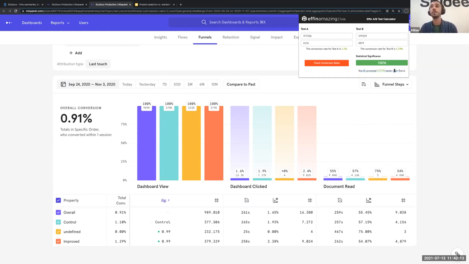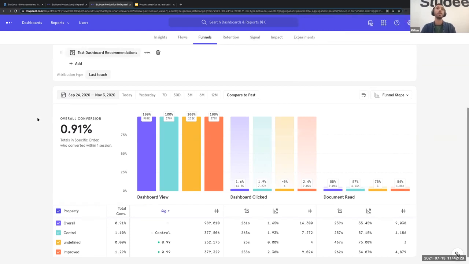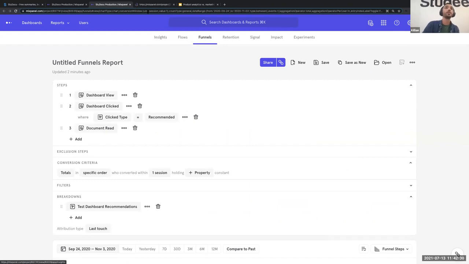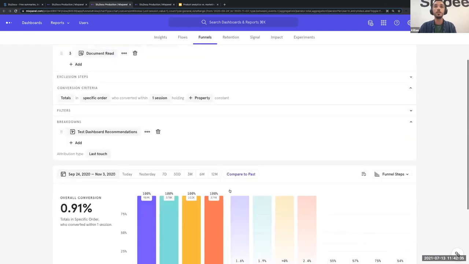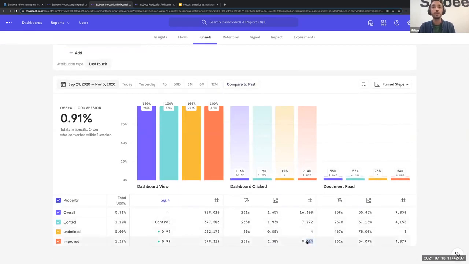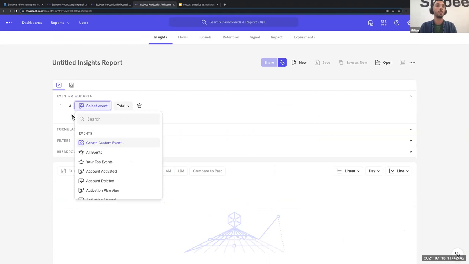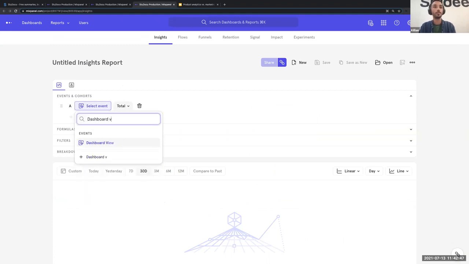And again, remember that if your new variant is not performing better and it's performing worse, it's always a learning. And then Mixpanel will help you with digging into the data and understanding why actually your A/B test is not successful. So you will always learn when running A/B tests. A few other things that we use is the Insights tab. And basically you can understand that we managed to improve that conversion because in the improved variant, we're actually showing recommendations to way more people. And you can see that quickly here as well.